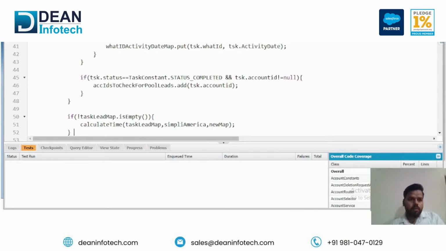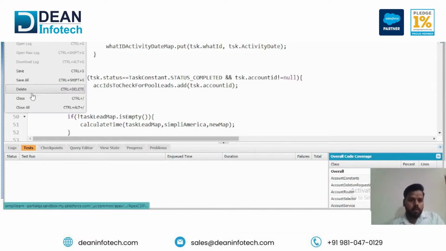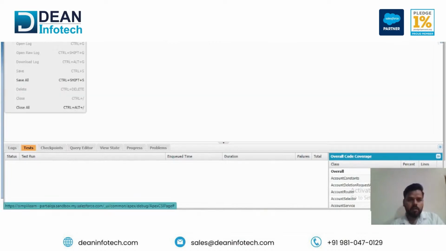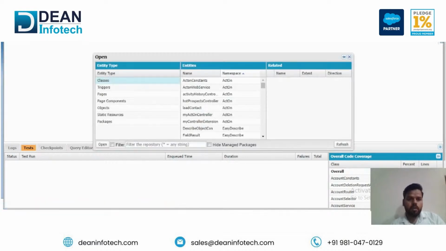Okay, so first of all, let me close all these tabs and open the VF page that we have built. To open this, we need to go to the file, and there is an option to open. We need to click on this, and here it will show all the entities which we built as a custom solution: classes, triggers, pages, page components, objects, static resources, and packages. Since we have created a VF page, we need to go to the pages,